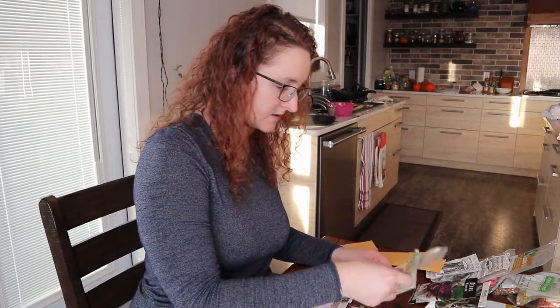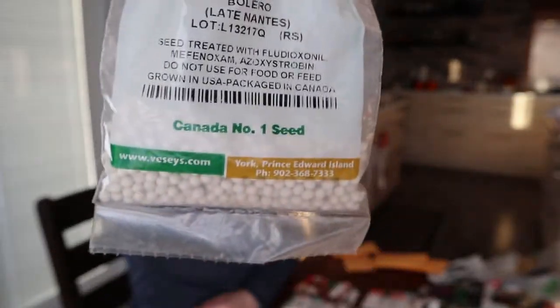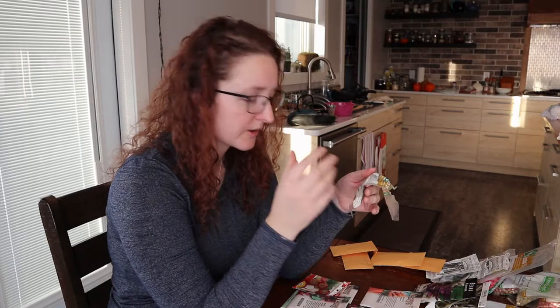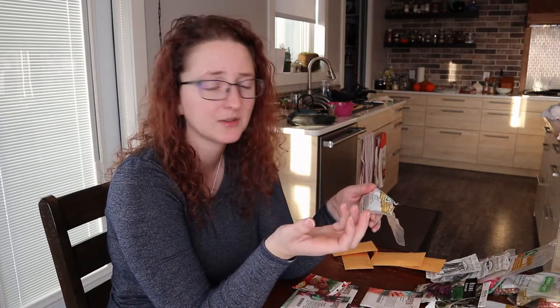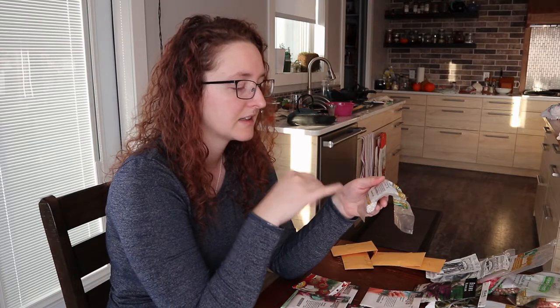For carrots, I usually grow Bolero carrots. I get these from Vessie's, and I get them pelleted. The benefit to pelleted seed is that for carrots, the moisture needs to stay on the seed for them to germinate, and with our really dry climate, usually what ends up happening is the surface of the soil is impossible to keep wet. The pelleting, the material in the pellet helps to hold moisture against the seed as it germinates,